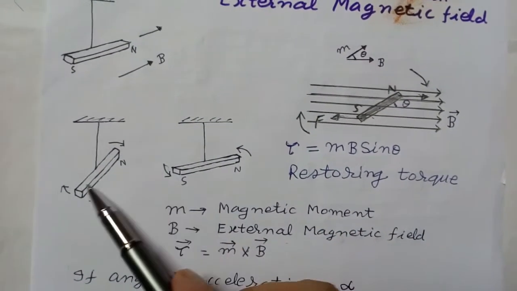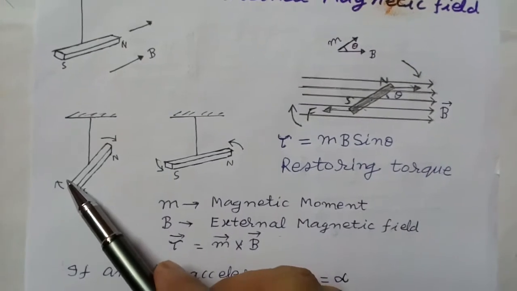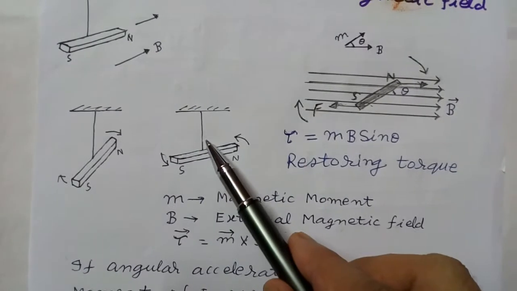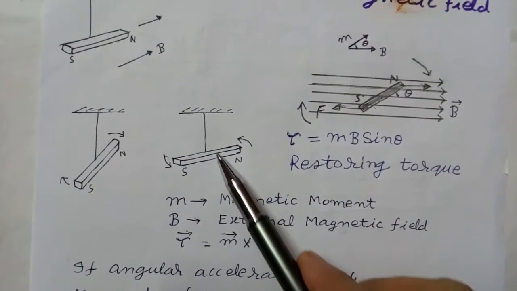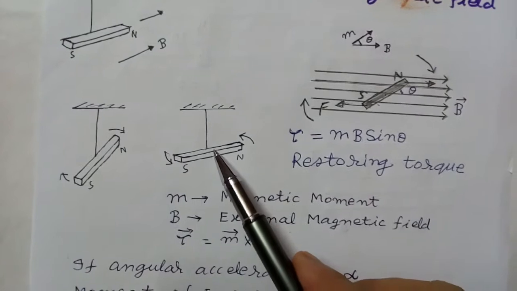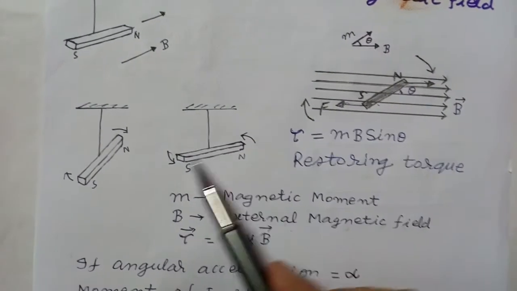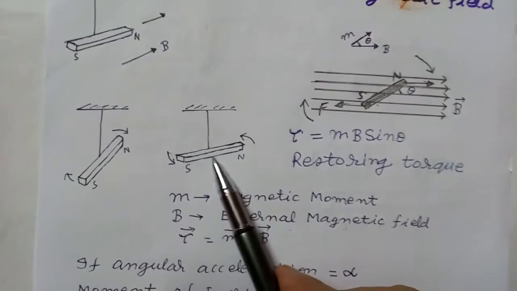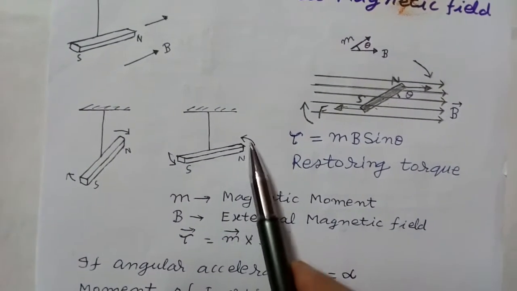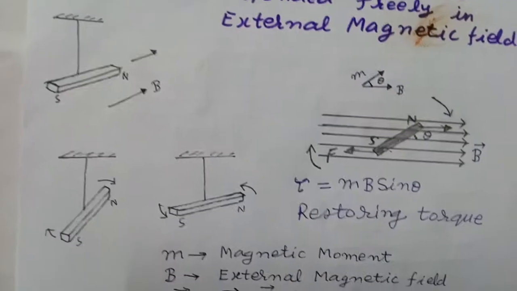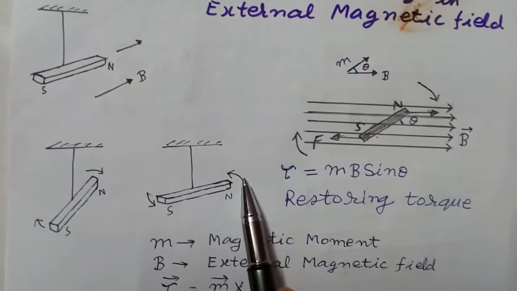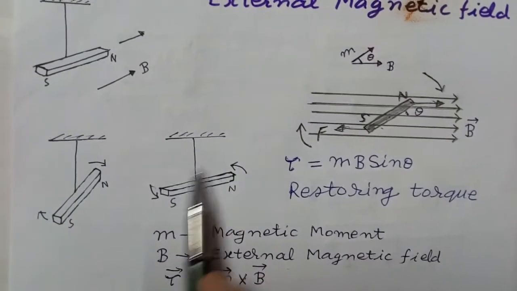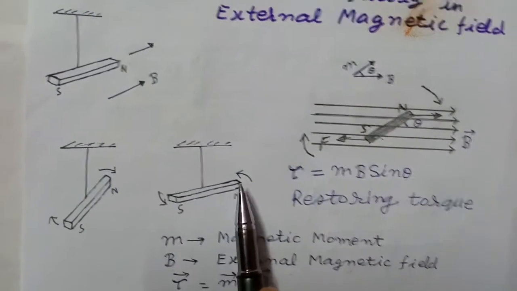Now in the mean position, due to its rotational motion, it will not stop there, so it will rotate through an angle from its mean position, and here it will stop because there will be a torque due to the twist in the thread. Because of this, it will again start to rotate in the anti-clockwise direction due to Earth's magnetic field.